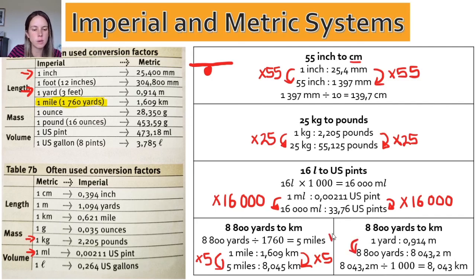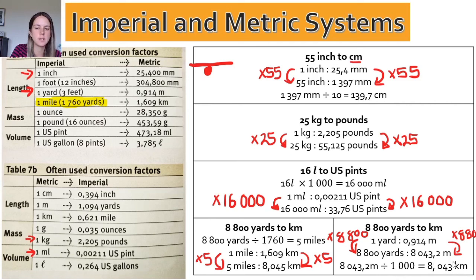So I'm going to multiply with 8,800 yards on both sides. So when I multiply that, I get 8,043.2 meters. Then I'm going to convert from meters to kilometers by dividing by 1,000, and I get